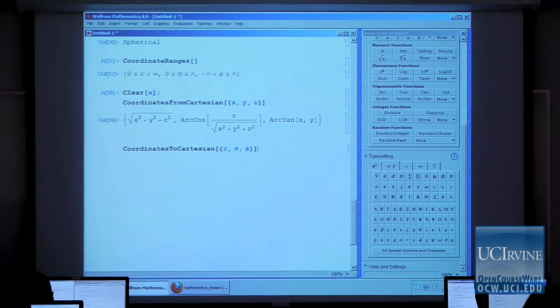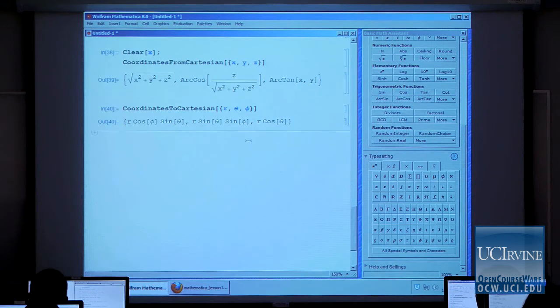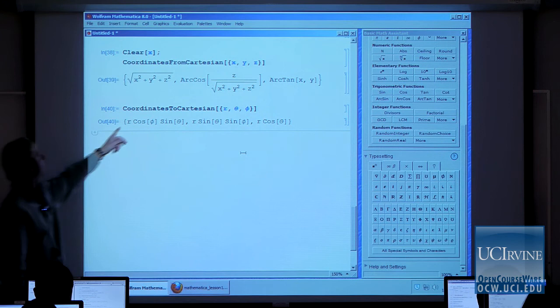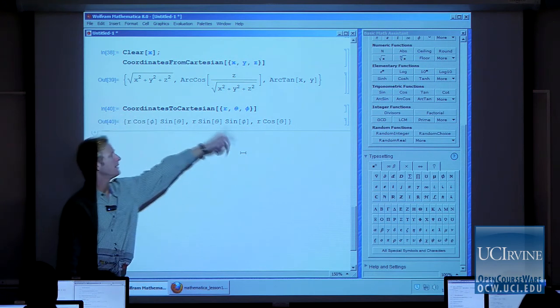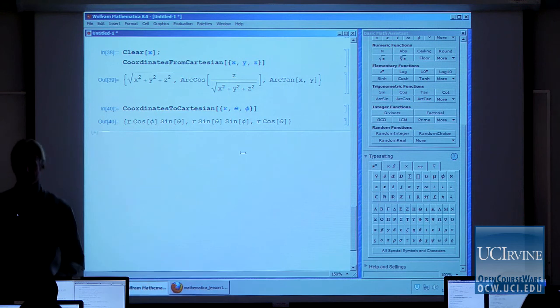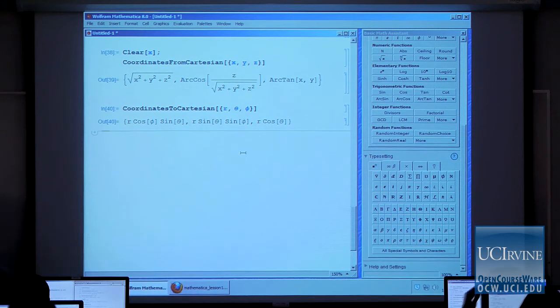And now it's going to tell us how x, y, and z in the Cartesian coordinates are defined in terms of r, theta, and phi in the spherical coordinates. All right, and again, that's a formula that should look familiar to some of you. So x is actually defined in terms of r, theta, and phi as so, and then y and z. Okay. All right. Now, just to finish up today,